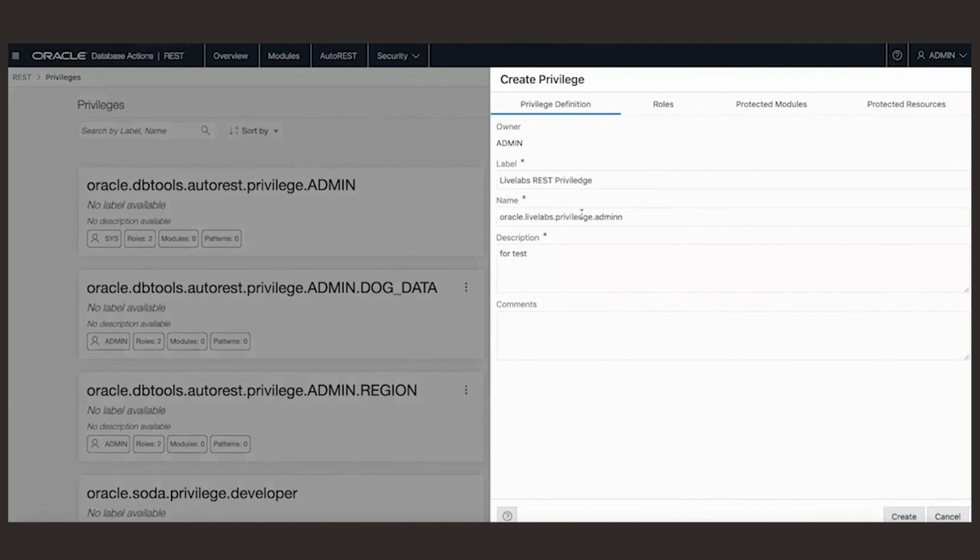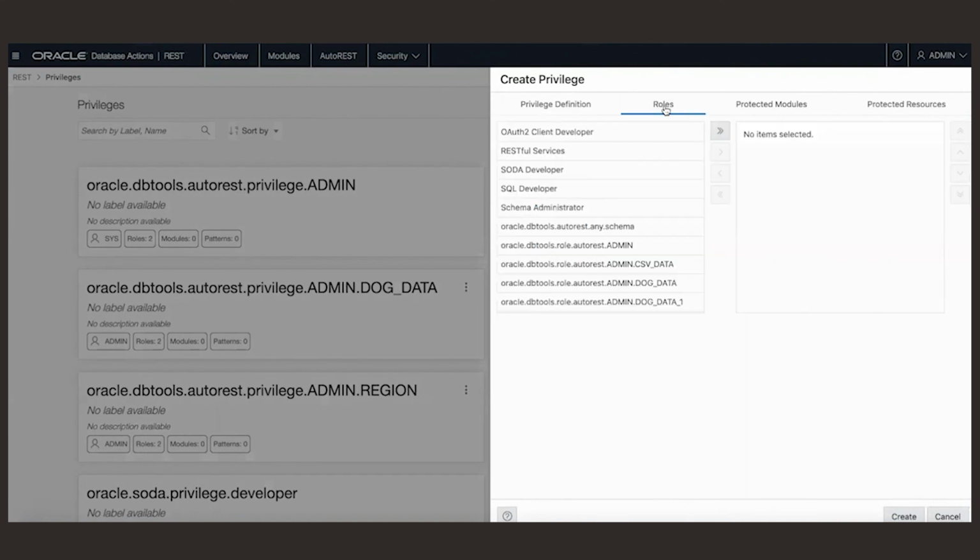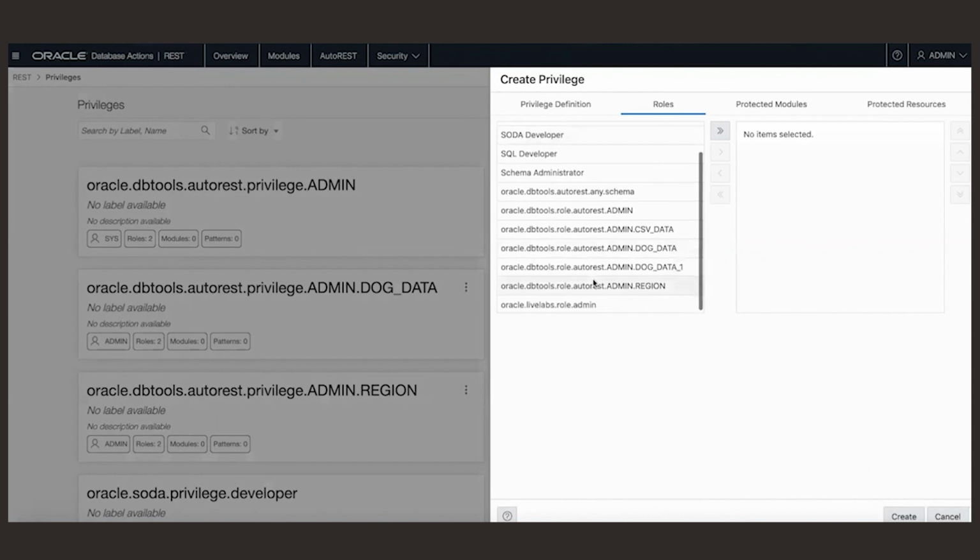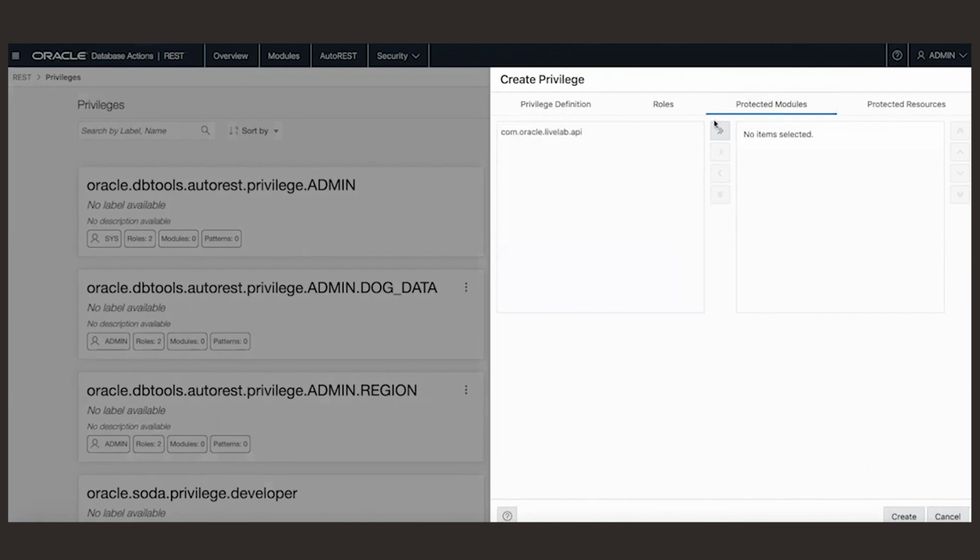Is there any spelling errors? No. Okay. So next, we're going to specify the roles, which is the previous role I created. This, and then protect modules would be this. And create.